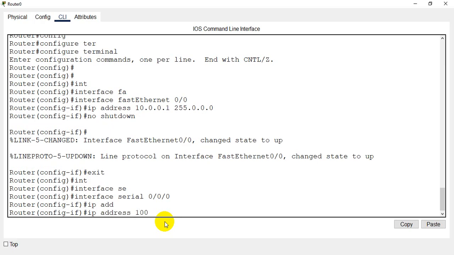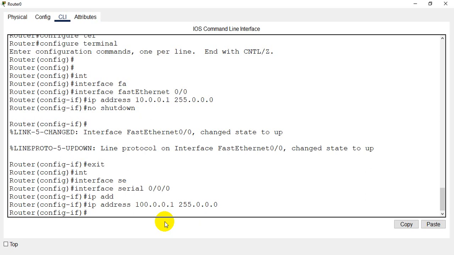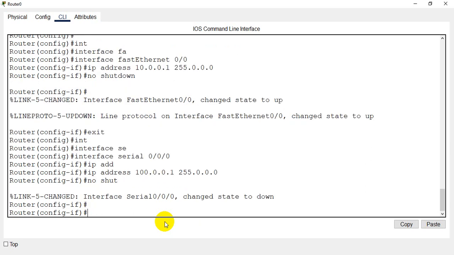100.0.0.1, and then we also need to mention the subnet mask, which is 255.0.0.0, and then just type no shutdown to turn it on. So this, and then we just end